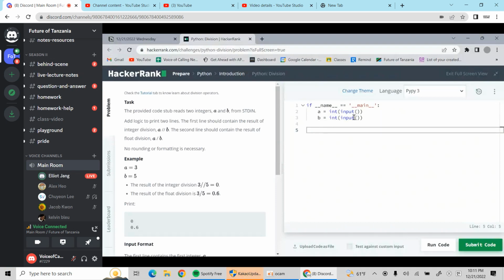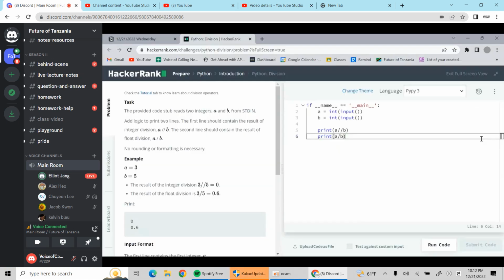They already gave us two variables with inputs, and all we need to do is print a and b with integer division just like this. And if you run our code, it should run. And if you submit the code,